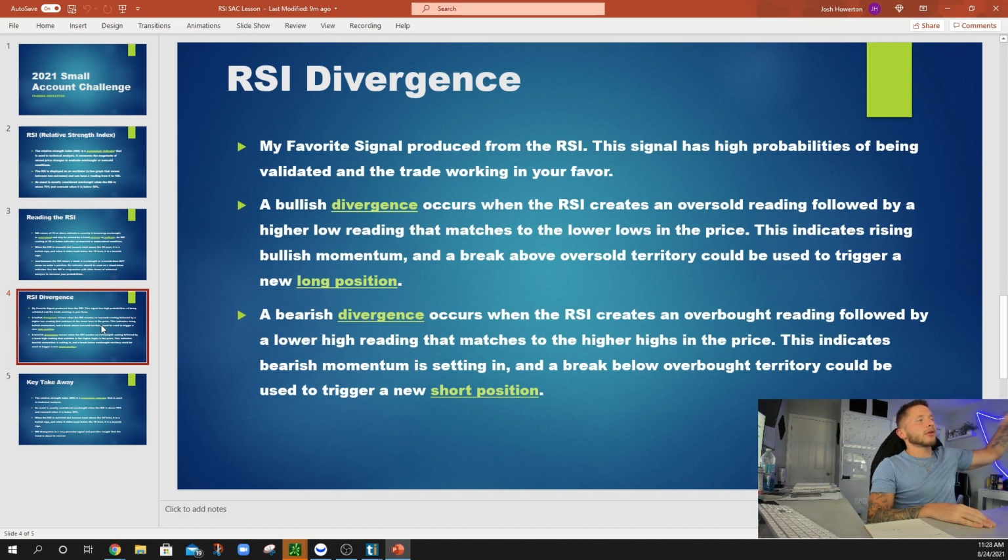That's an indication that there's bearish momentum setting in, and a break back below that 70 level could be used as a trigger to enter a new short position. So let's go ahead and give you guys a visual representation of